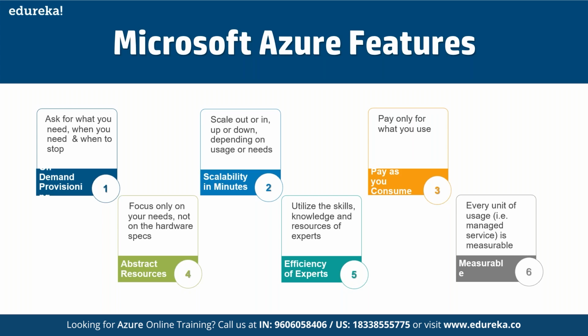And we have to pay also based on the configuration of the resources. That means if we have used a high-end server having more cores of CPU, more amounts of RAM, and a specific set of processor, then we have to pay for that. And if we are deploying a low-scale server, I mean a small-scale server, then we have to pay accordingly. So it is all based on the requirement, and we have to pay only based on the amount of services that we have consumed and for the time period we have consumed it.